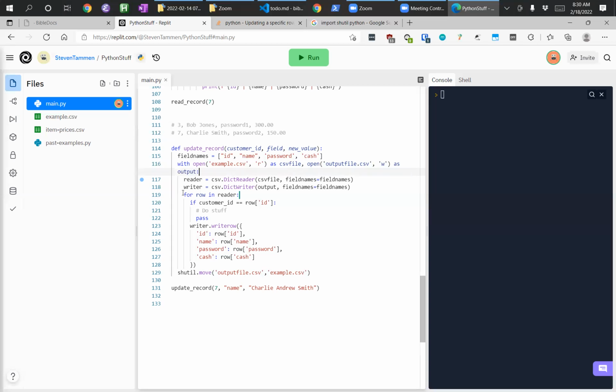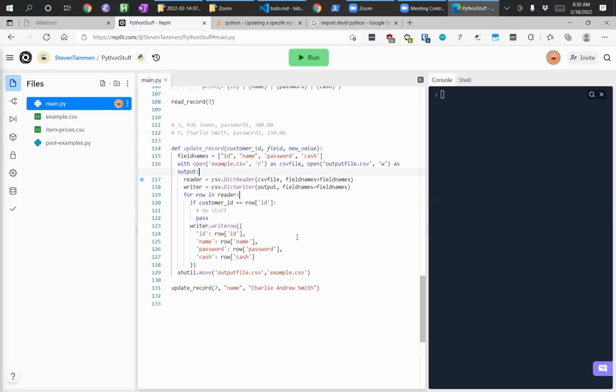Okay, I think I get it. Let me see if I can interpret it in my own language and just let me know if I'm right. Sure. So we create a function and set up something called field names, which essentially defines the order in which the information in the file is stored. Then